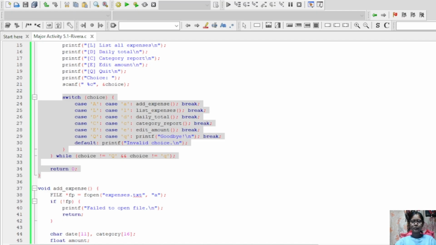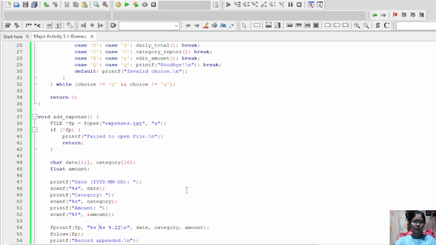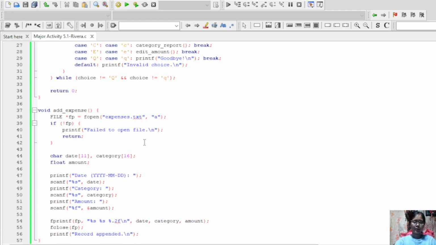Okay, let's scroll down. This is the function to add expenses. This function opens the expenses.txt file in append mode.